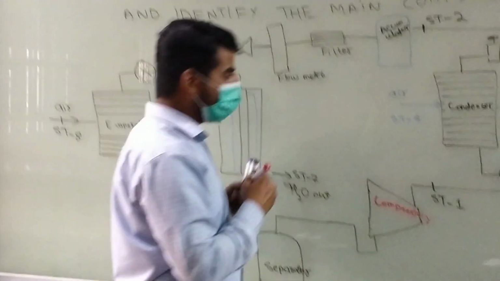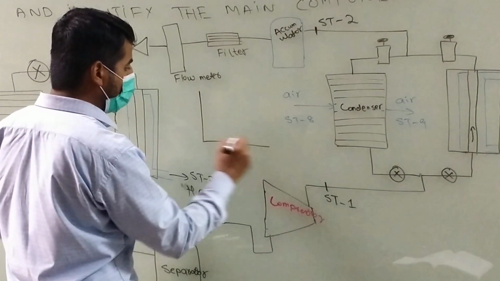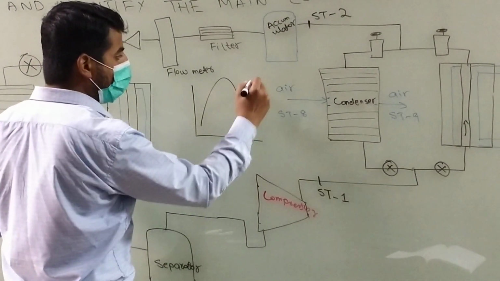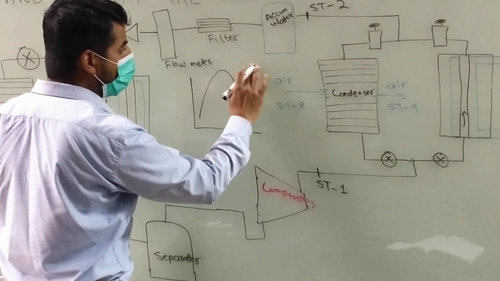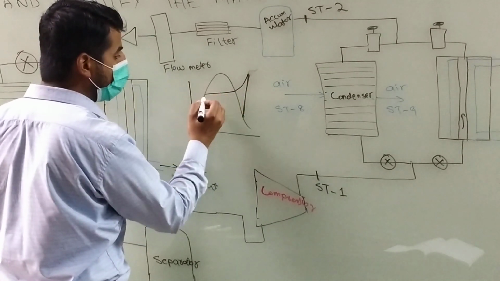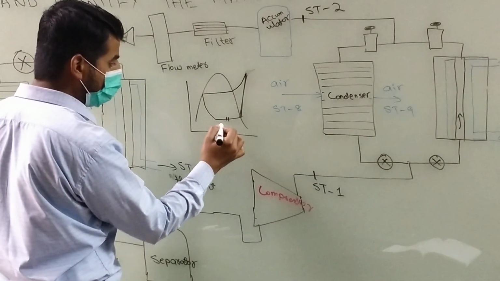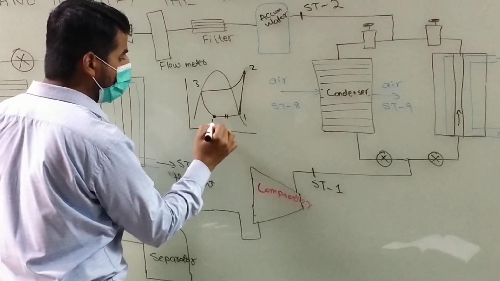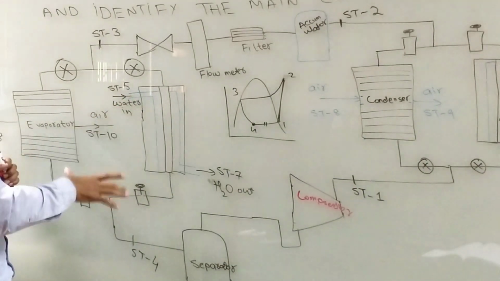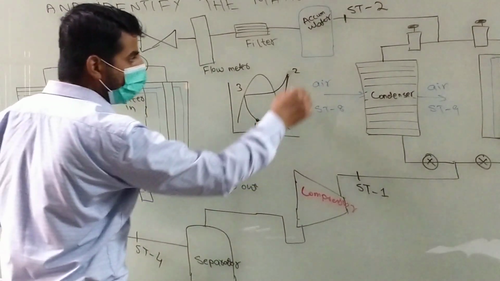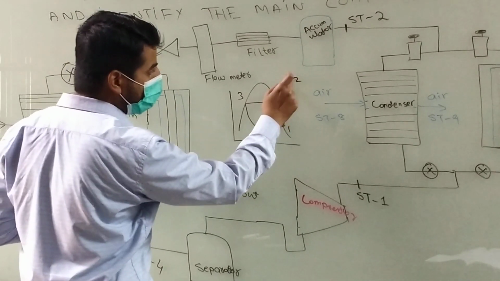So pointing out again, I will draw the diagram in the middle so that I can relate that. You can remember, this is isentropic compression, and then constant pressure heat rejection, and then this one and this one. So this process is carried out. There is 1, 2, 3, 4. So 4 to 1 was the evaporator. So the refrigerant will absorb the heat in the evaporator, and after that we have the compressor that will provide energy to the refrigerant. So it will reach the superheated vapors.